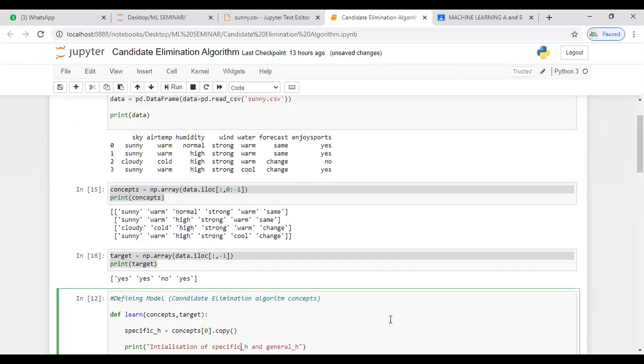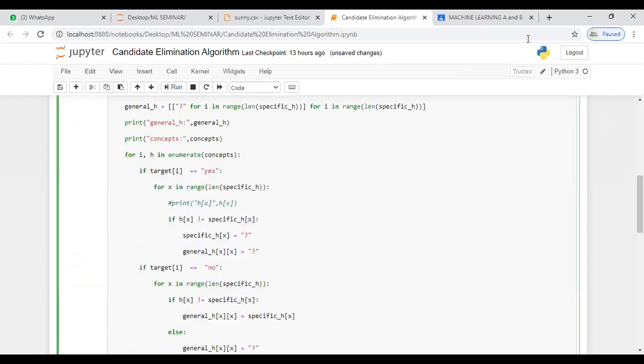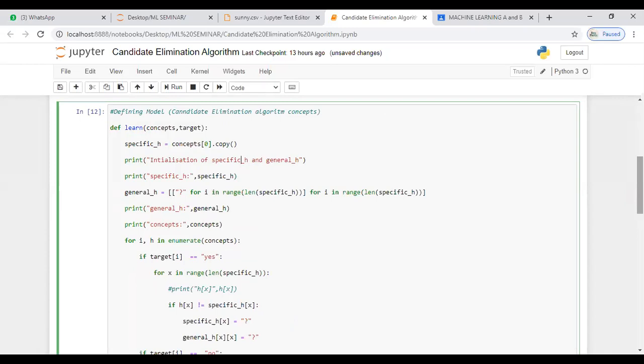Now it's time for the actual description, like how the program works. Similar to what I explained with the PPT slides, you first store the data in the general hypothesis, then in the specific hypothesis, then you start the top down approach and then the bottom up approach, and the middle one is what you get in the version space. That is nothing but the final hypothesis, and that's the result. So for that, how the execution occurs, let me have a brief explanation. And I hope you all are understanding what I'm trying to say.